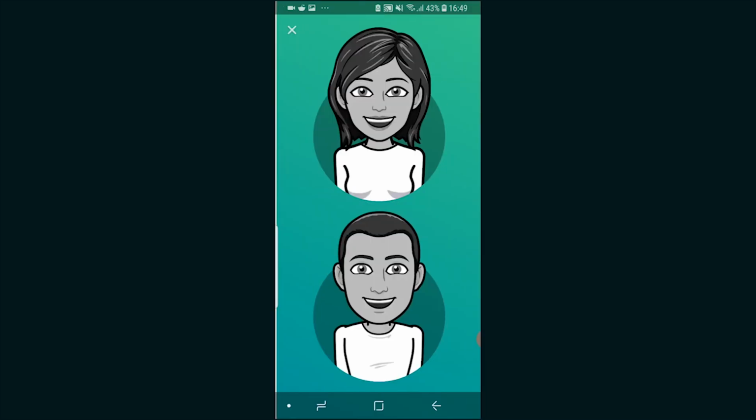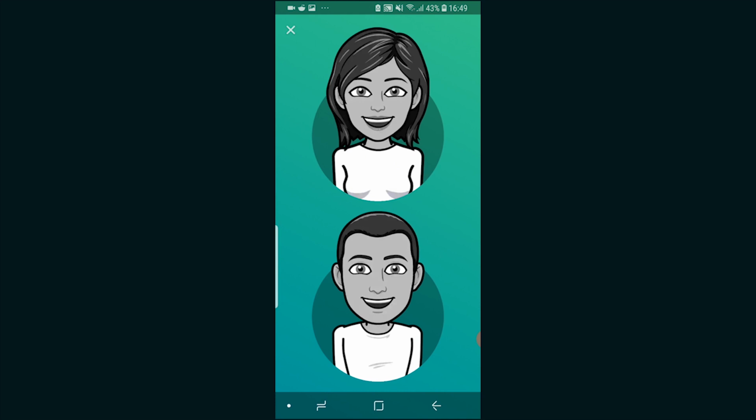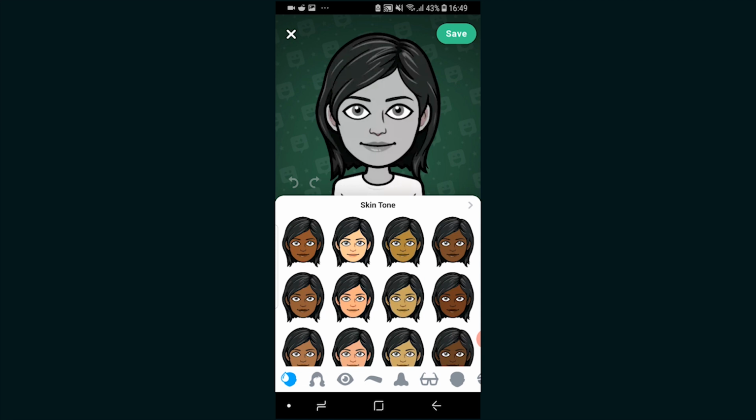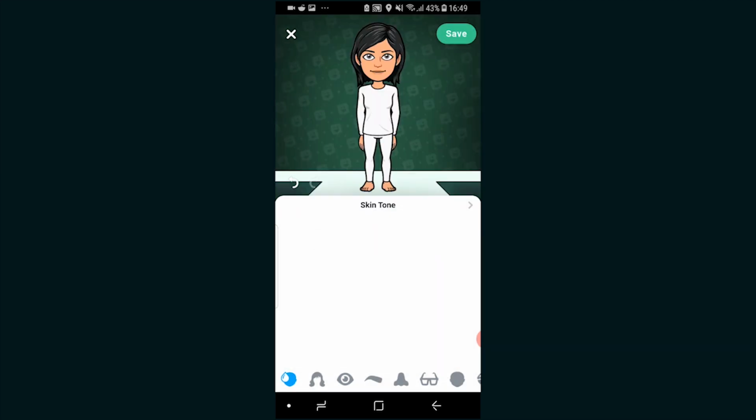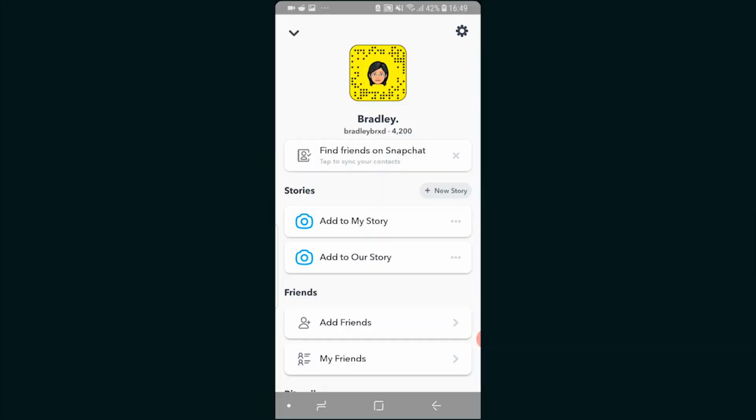So we can then create Bitmoji, and here you can either choose male or female. So I'm going to choose female. And then here we're going through the options again to create a Bitmoji. Obviously, you can create whatever Bitmoji you want here. Click save, choose an outfit, click save. And now when we're back on our profile page with the Snapchat icon, you can see our female Bitmoji is